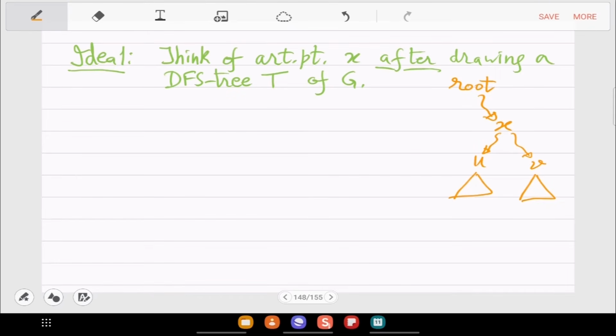I mean, first of all, how many possibilities are there for X, U, V to be arranged in the tree? That itself is a bit complicated. Right? There are many boundary cases, so it can happen that U comes first, then X, then V. Or it may happen that both U and V come after X, and in that also U may be a descendant of V. Or the third case is that UV look like this.